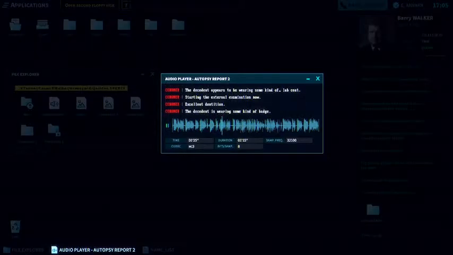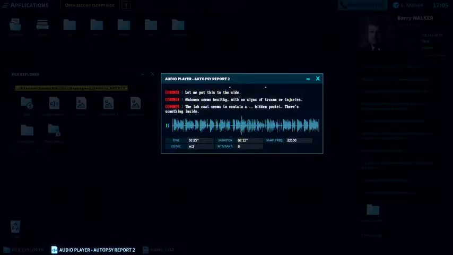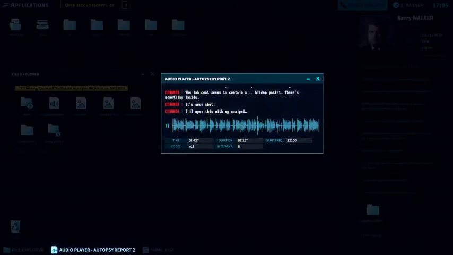The decedent is wearing some kind of badge. Let me put this to the side. Abdomen seems healthy, with no signs of trauma or injuries. The lab coat seems to contain a hidden pocket. There's something inside. It's sewn shut. I'll open this with my scalpel.